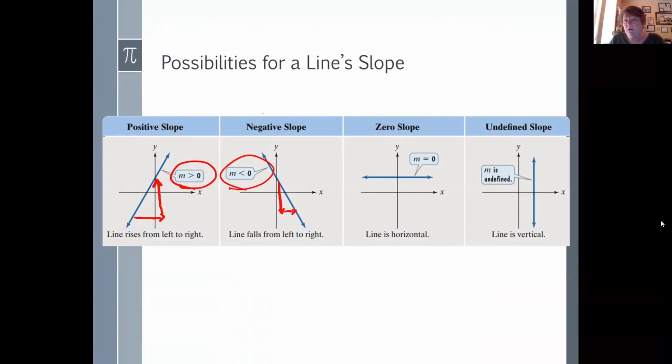A horizontal line has a slope that is equal to 0. Every horizontal line has a slope that is 0. If a line is vertical, then its slope is undefined. Now, why does that work that way? Well, let's first look at the horizontal line. Let's say I have some point here, (x₁, y₁), on this horizontal line. And let's say I have another point over here, (x₂, y₂). And if I find the slope,